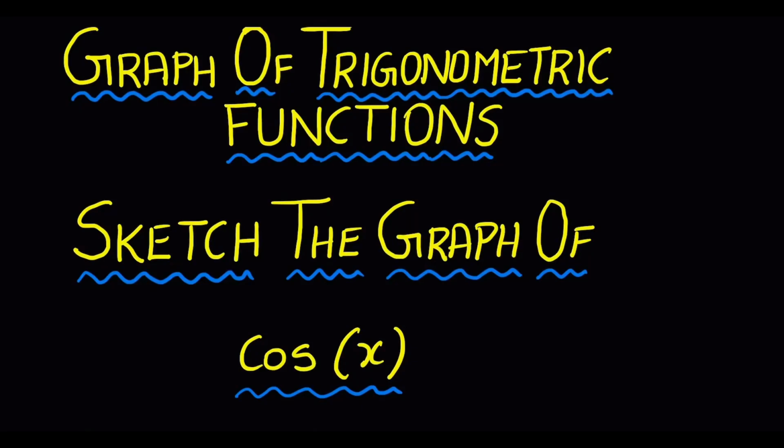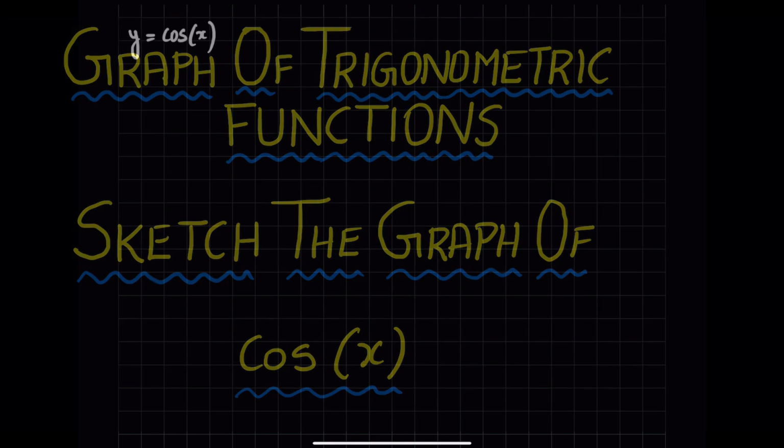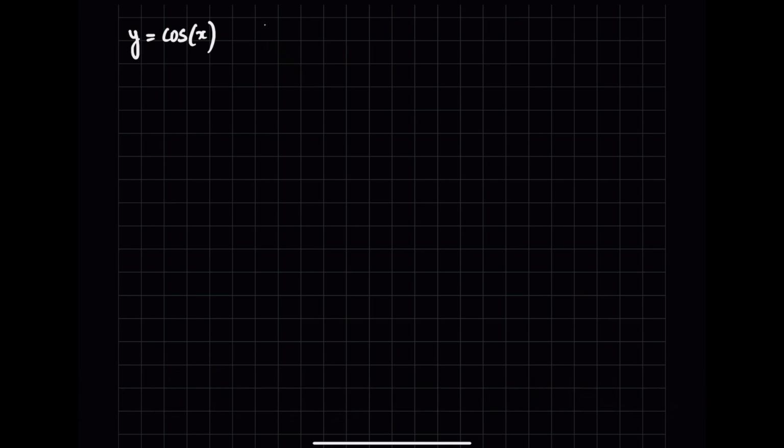In this video, let us learn how to sketch the graph of trigonometric function cosec. Before we start with the plotting, let us find the value of cosec at different angles. So let us find the value of cosec, which is equal to y at 0 degrees, 30 degrees, which is